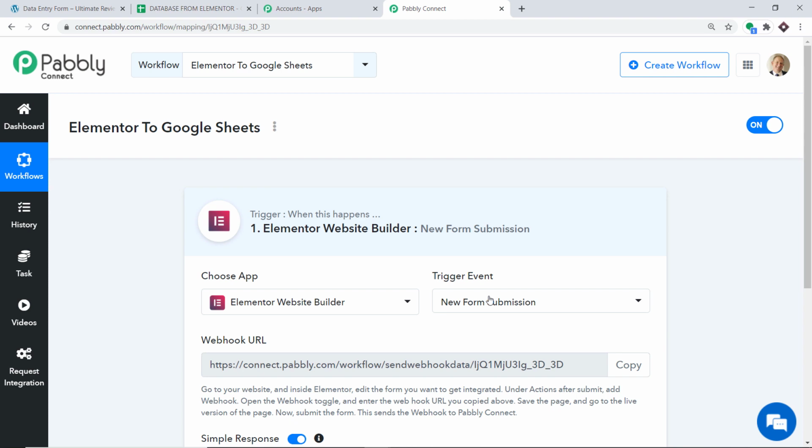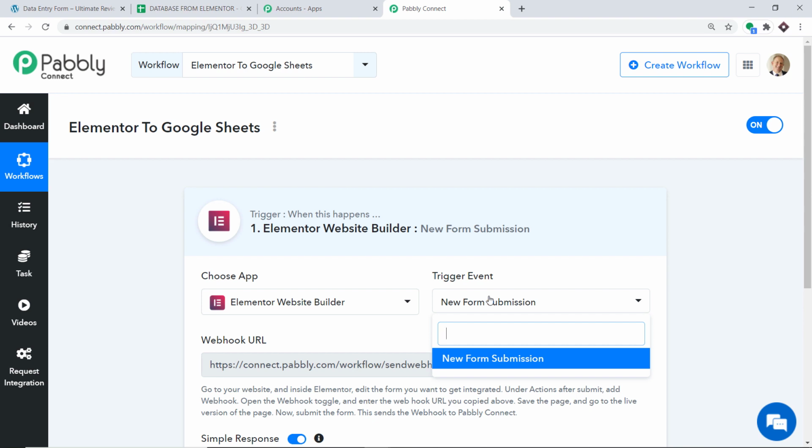So your obvious question is, what is a trigger event? Trigger is basically an if statement. It asks a question: if the condition is met, what should be done? For example, if a new form submission is made, then what action should be taken by the system? At present, there is only one trigger event, that is new form submission.